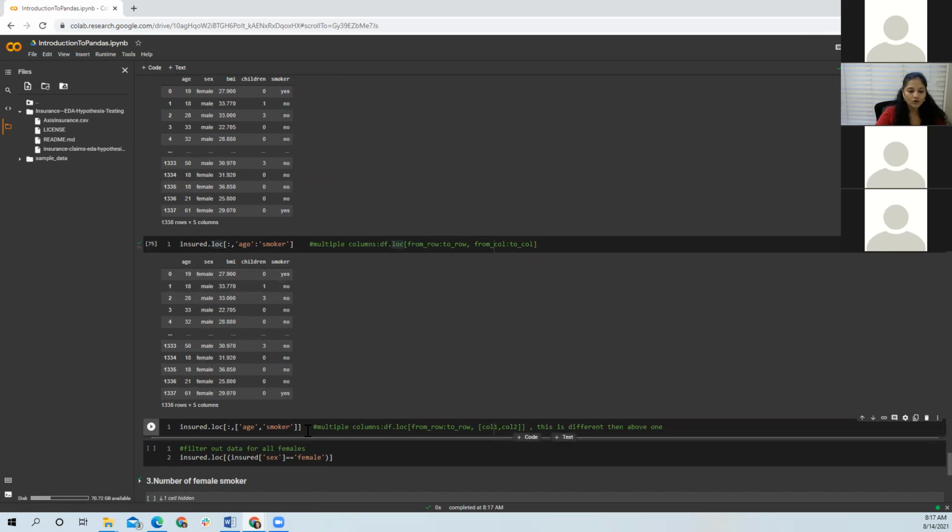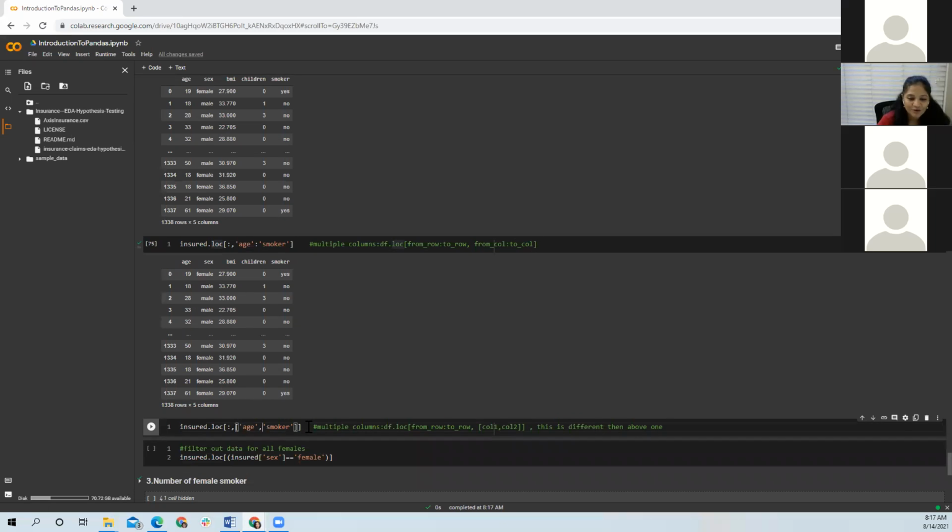And what if I just want specific columns? As I mentioned before, you always pass a list. This loc and iloc thing is a bit confusing, and when you start using it, you will get a lot of syntax errors because of a missing dot, a missing comma, or a missing square bracket.